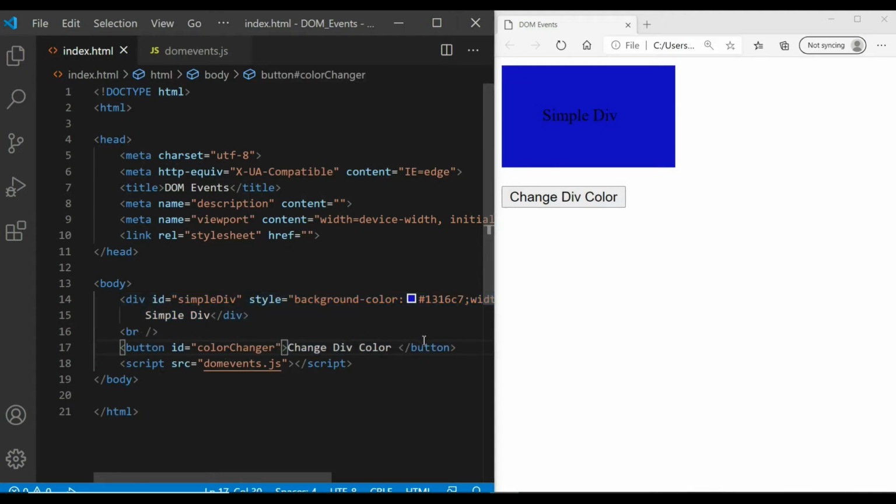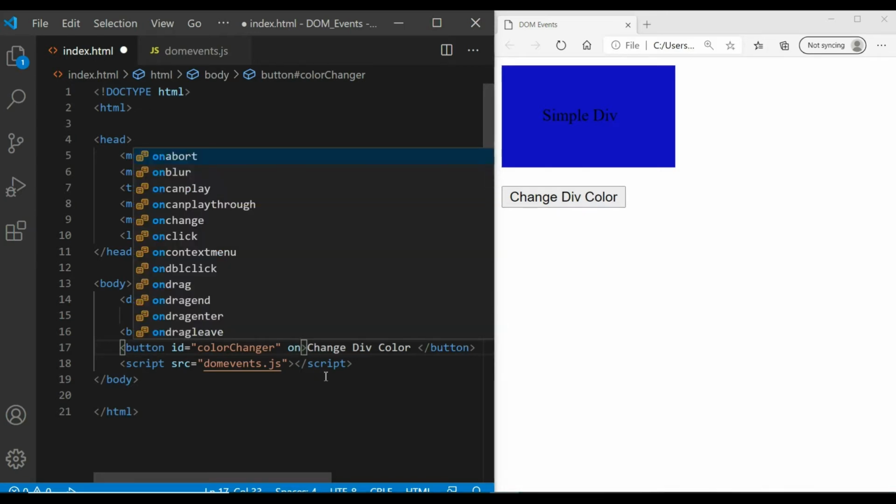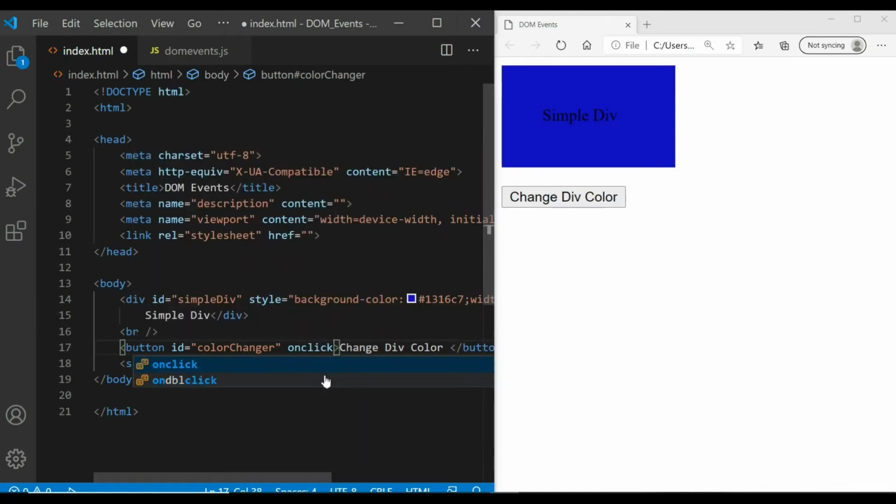Now if I want to put some event on the HTML element, I can write it directly in our HTML element. For the click event we can write onclick, and this is standard. In this onclick attribute we can call the function which we want to run after clicking on the button.